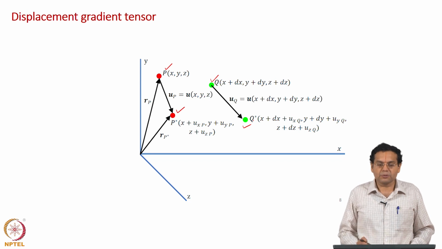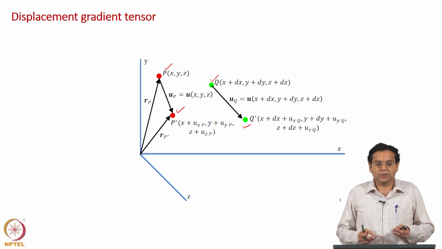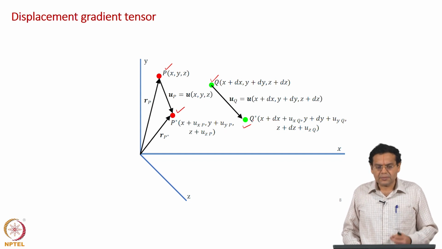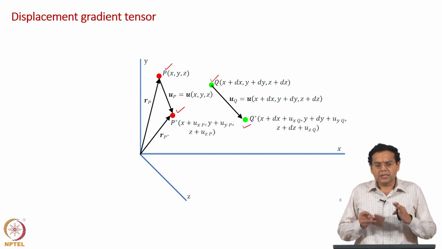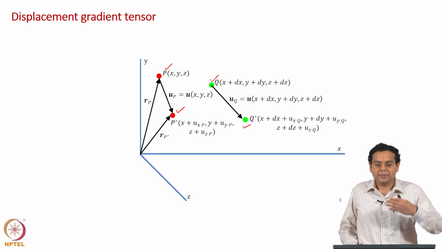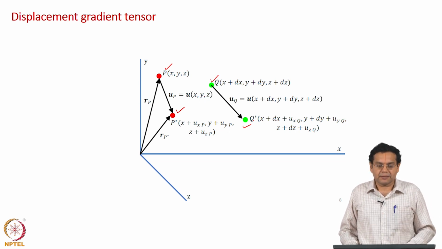That displacement could be because of rigid body motion, which is translation and rotation, or because of deformation, which is normal strain and shear strain. Now, our objective is to split rigid body motion or take away rigid body motion from the deformation. First thing what we will take out is translation.